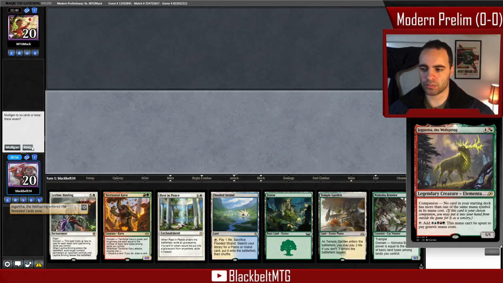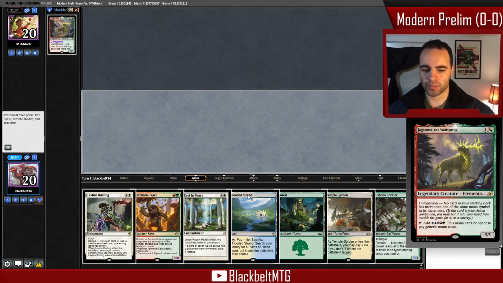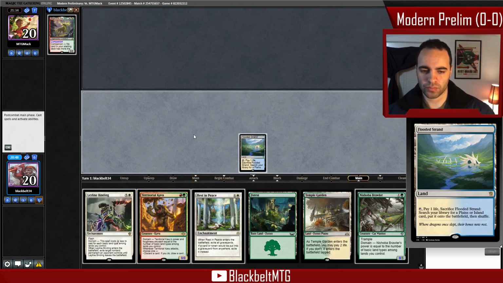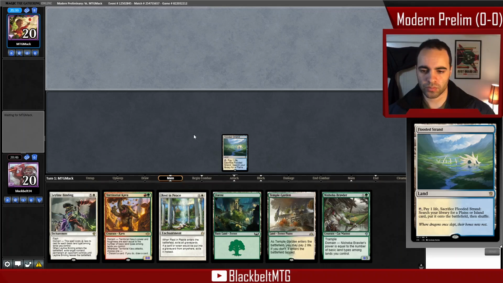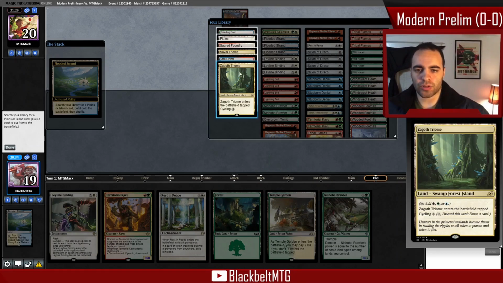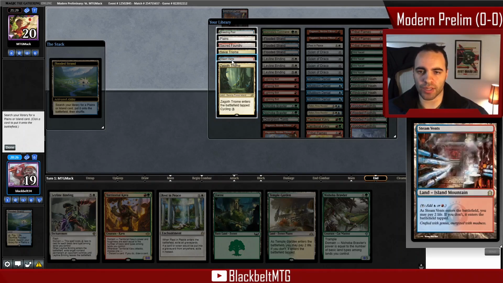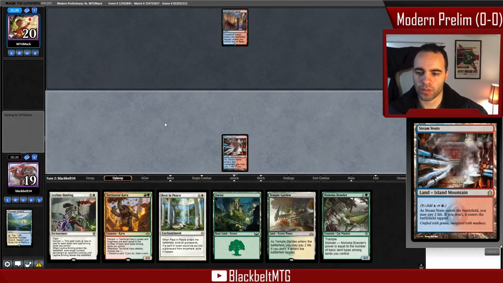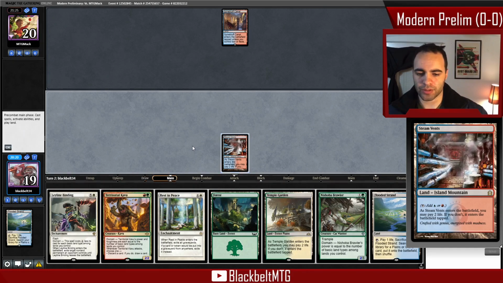Okay, Sand is good. I do have a basic Forest, which helps against Blood Moon. So here I really need to get blue and red, just with what I have in hand. So we're just going to tap Steam Vents. Okay, we get another fetch land, which is good. So I'm just going to jam